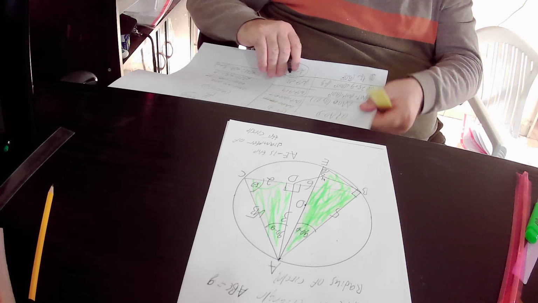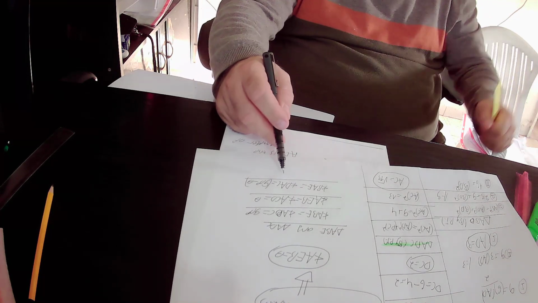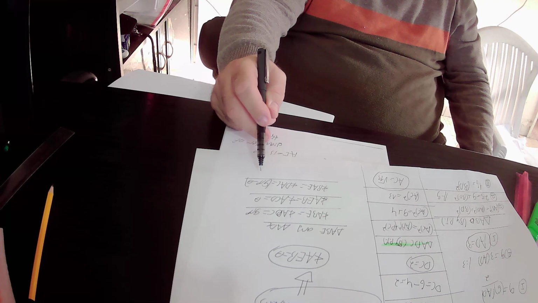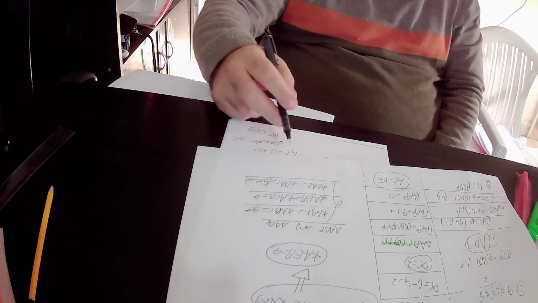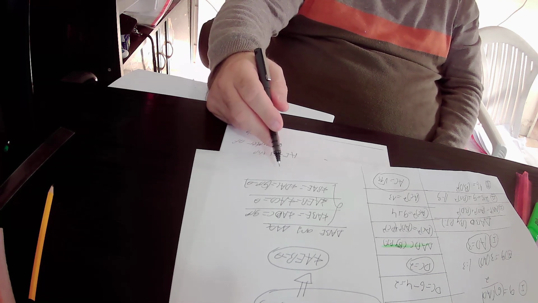I repeat again, angle BAE equals angle DAC, they are both equal to 90 degrees minus theta, therefore they are equal to each other. So we actually proved that all three angles of triangle ABE are equal to all three angles of